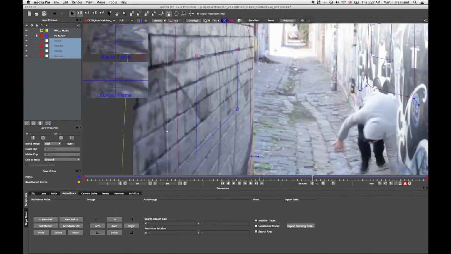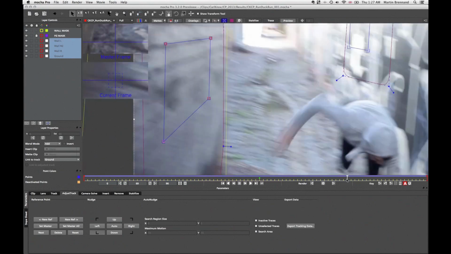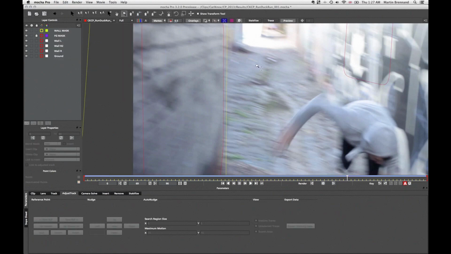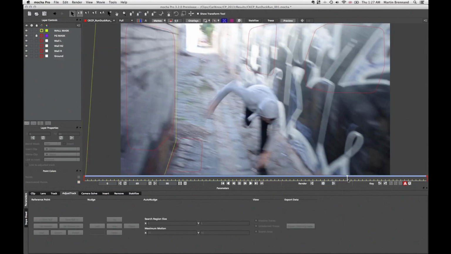I just love looking at this frame because even though I've been working with Mocha for over 4 years now, the fact that it can still track information like this just blows my mind. Yeah, I think that's one of the interesting things. Hopefully everyone viewing the webinar knows how powerful Mocha can be for tracking through really difficult motion blurs. And a lot of people have asked, how does Mocha's camera solver